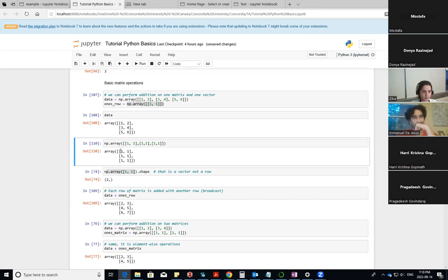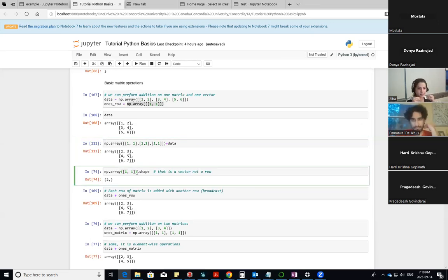I could do that with np.ones, but I just do it like this. And now this is the same as doing this. See, the output is the same. So the point is that NumPy itself is going to generate a matrix of ones